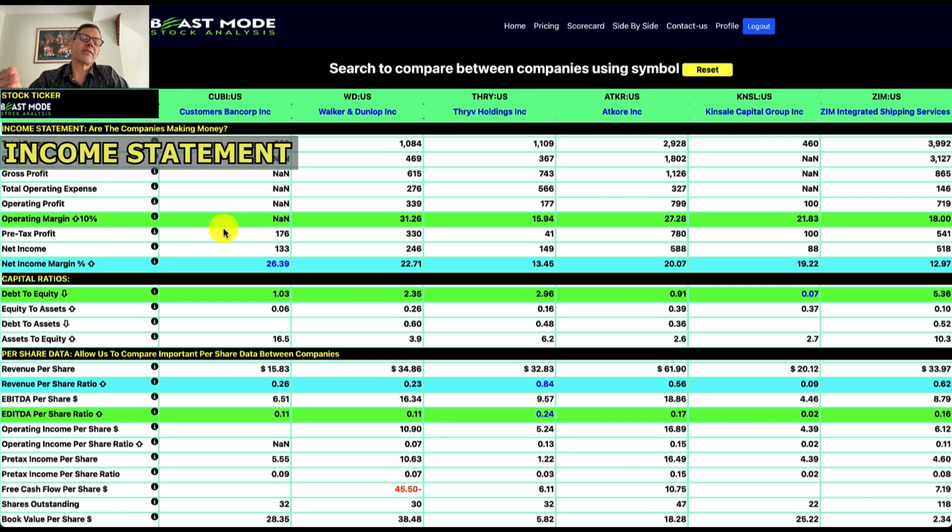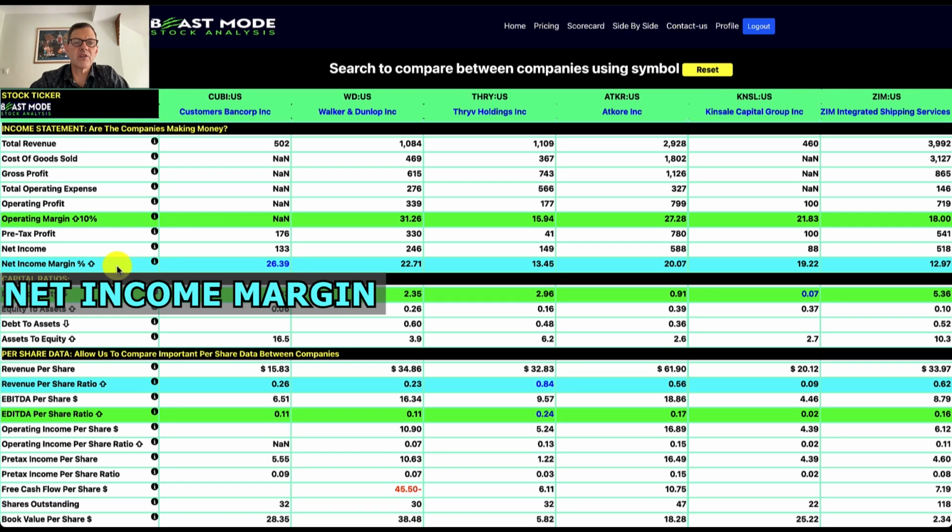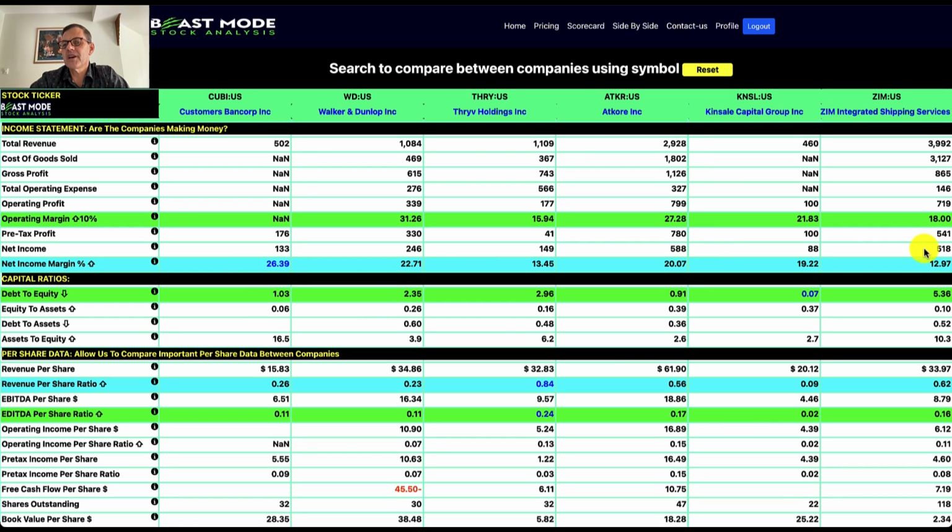Now, I really believe that fundamental analysis is easy if you break down the data into different sections. So we're going to start with the income statement, and this tells us whether or not the companies are making money, and our most important category is the net income margin. And here we can see the best one on the day is Customers Bank, coming in at 26%, which is quite impressive, and all of these guys are going to be over 10% because that was one of our criteria